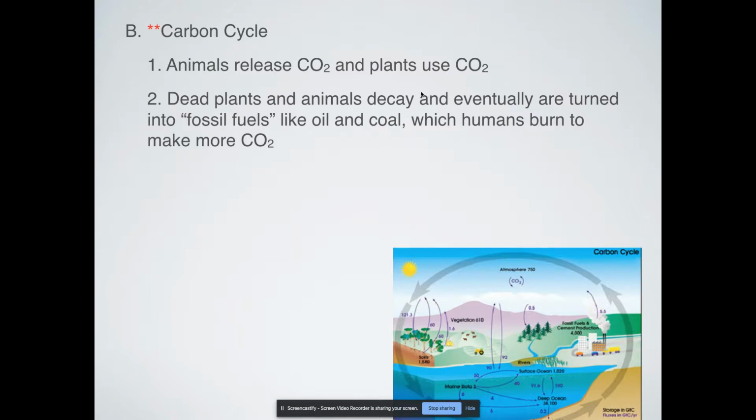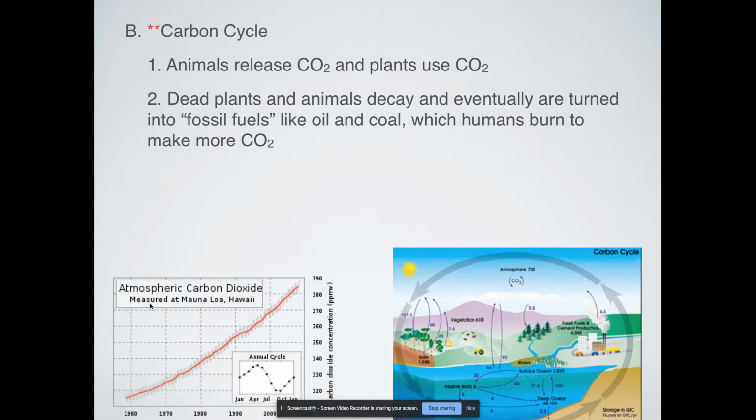So what can happen over time is that we can be turned into fossil fuels. Fossil fuel literally means that whatever dead stuff was around, under enormous pressure and heat, can be transformed into things like oil and coal, which we still burn, which then releases more CO2. So again, dead organisms can be slowly decomposed, or they can be transformed over time into things like oil and coal, which we still burn today.